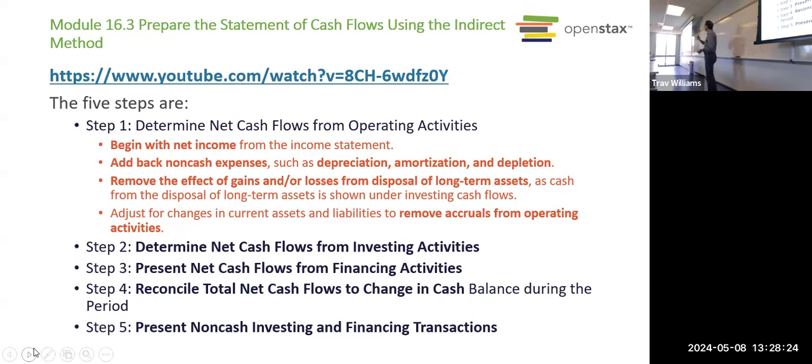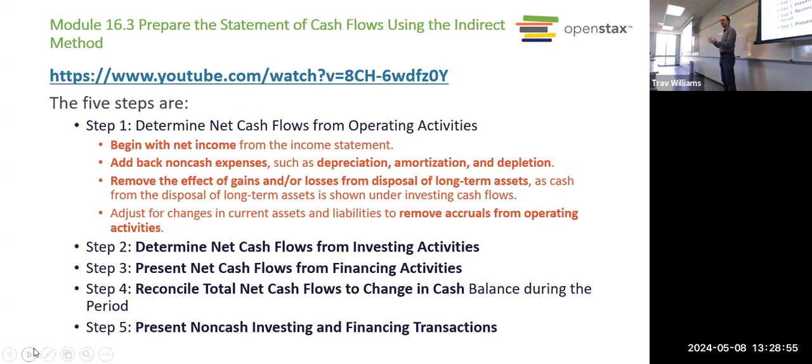However, changes in short-term liabilities move in the same direction as cash. So think about it this way. If our accounts payable went down, we paid down some debts to our suppliers. How did we do that? We paid cash. So with short-term liabilities, whatever they change, cash goes the same way.